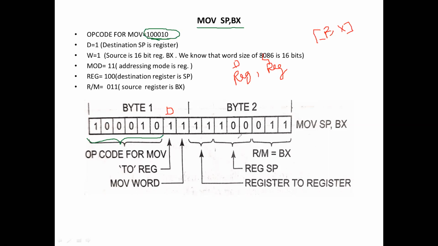Okay, so if both the source and destination are specified as registers, we can write in 2 ways. We can write by taking this SP. SP means we are going to write to register, or we can also write another machine code by using BX. BX will become from register, meaning the source register. But in case of register and memory operations for source and destination, then we should write this D bit as per the register only. This register can be a source register, this register can be a destination